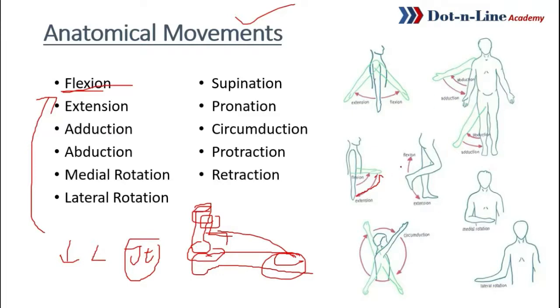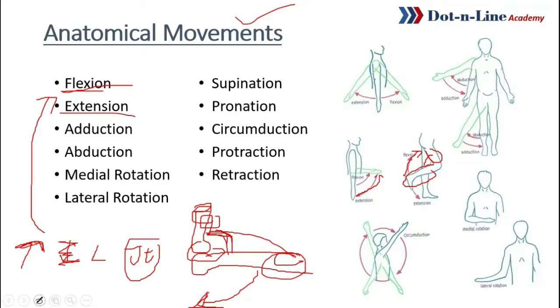Another example, when we move our knee, our lower leg near the femur, the upper leg, decreasing the angle of the joint, it will be flexion, right? The opposite is extension, when we do not decrease but we increase. Okay, when we make this hand get back to the original position, when we make this angle greater,